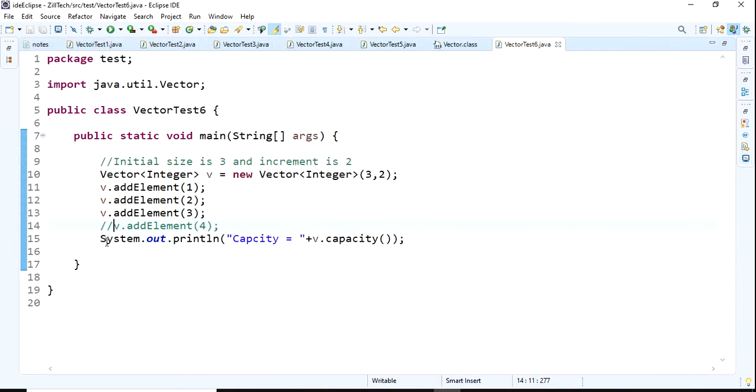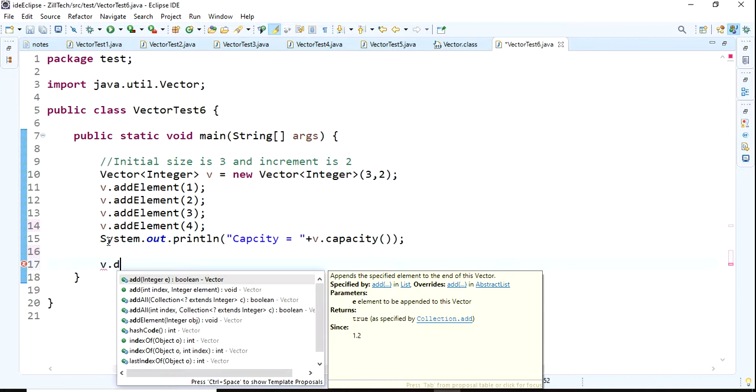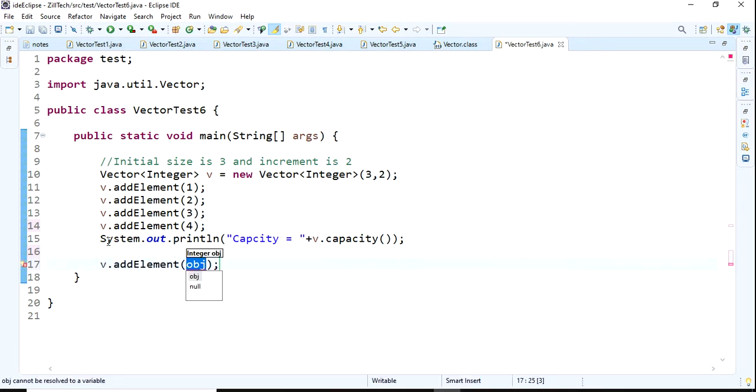Next I want to add one more element, v dot addElement of 5. Okay, I added the element. You can add, and again you can check the capacity.